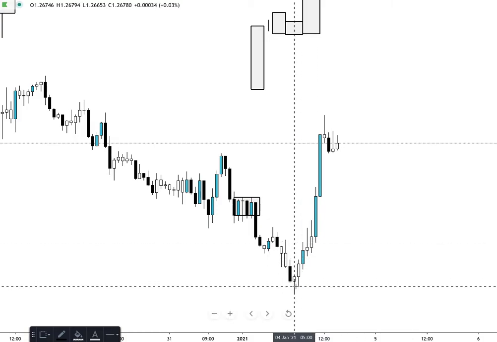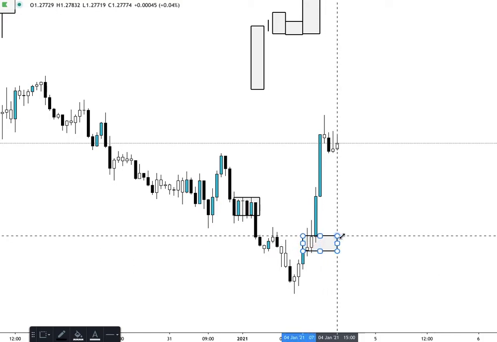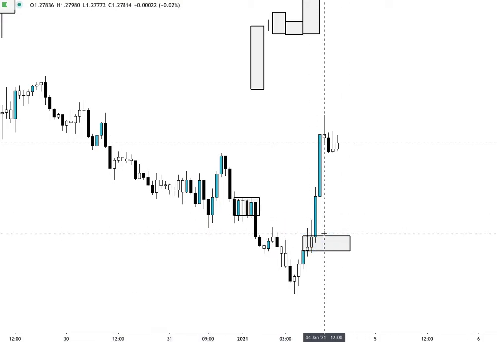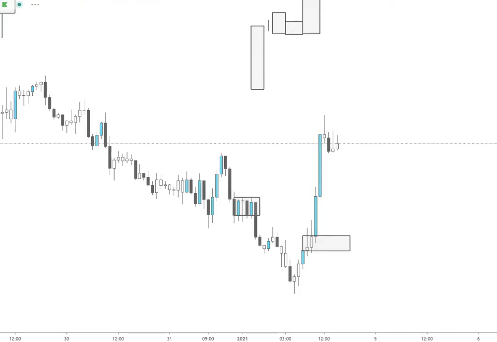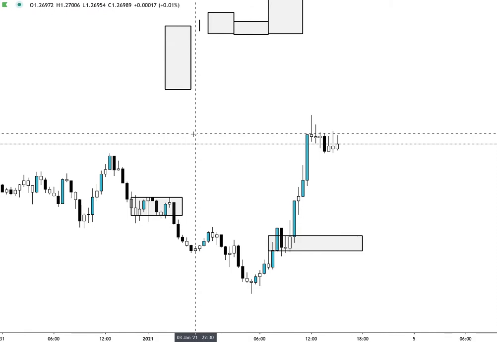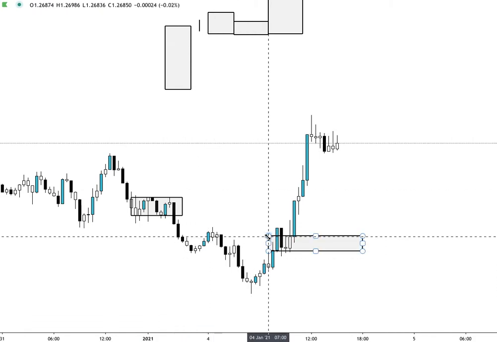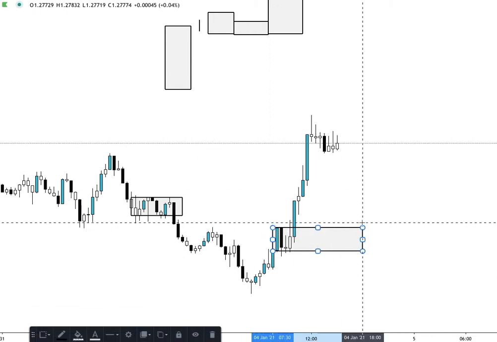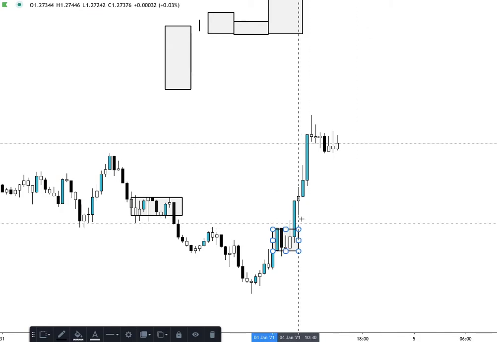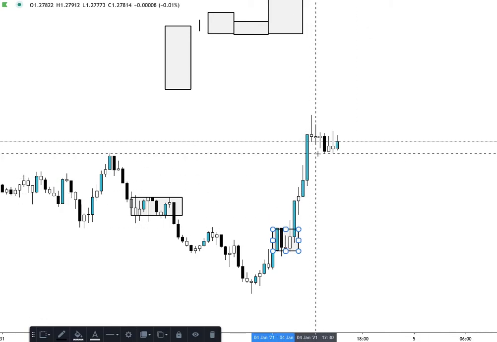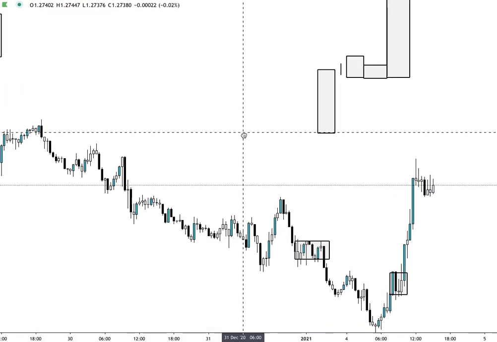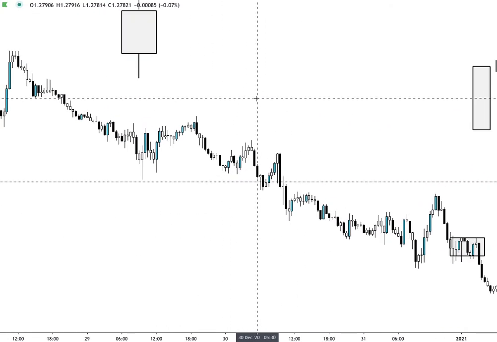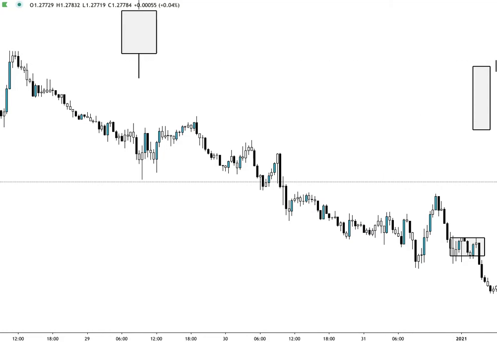So here we had a rally, base, rally. Now maybe it doesn't look like a base because we're on the 1 hour time frame, but if we were to drop down, you would see the market did consolidate at that area, as well as this area, but it depends on which time frame you're looking at, right? So let me remove this